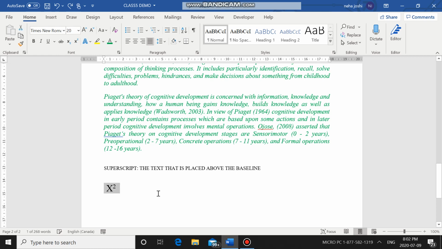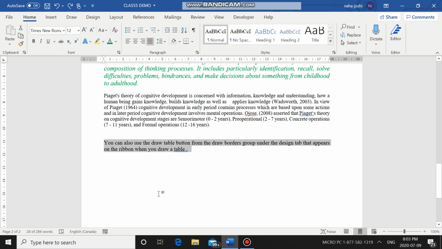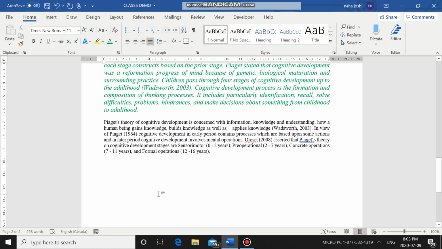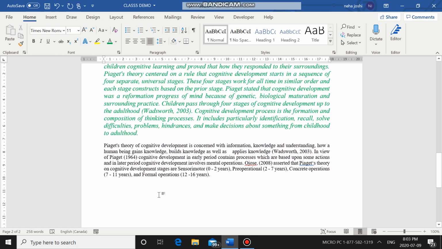So the first thing that we are going to do is the Format Painter tool. What is a Format Painter tool? Before we discuss it, we should know what formatting is. Formatting means the kind of text size that we are using, the kind of font color, the font style, and the styling of the text, whether it's bold, italics or underlined. This is all called formatting.